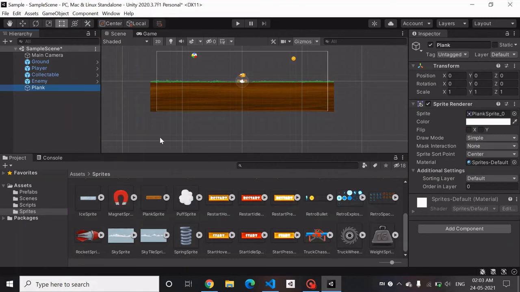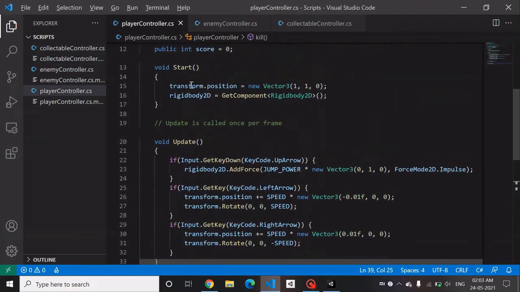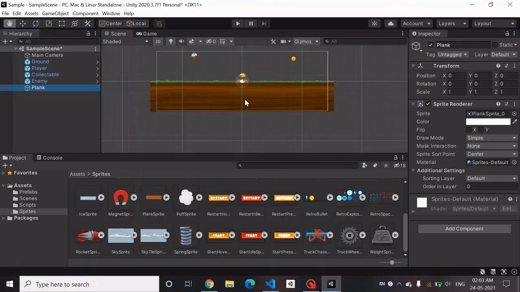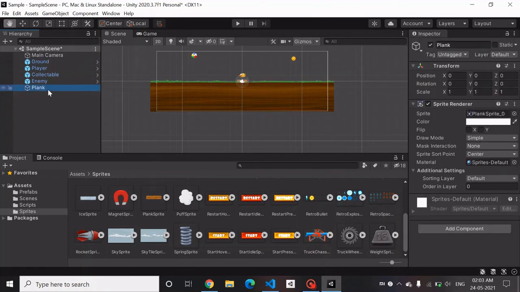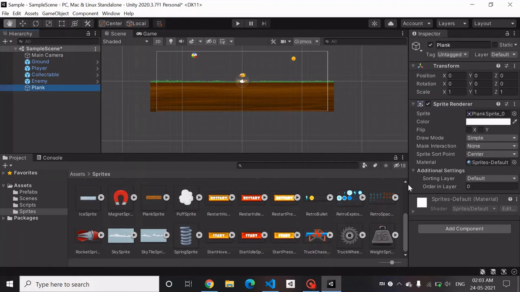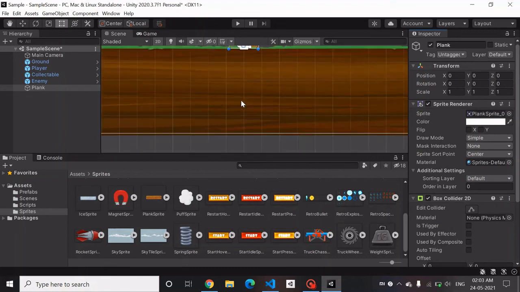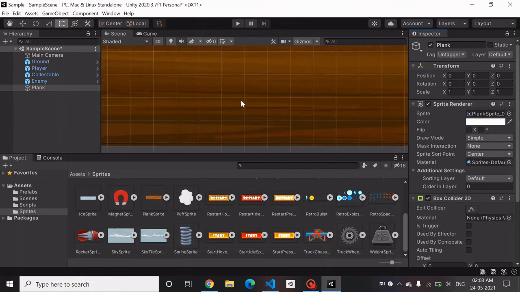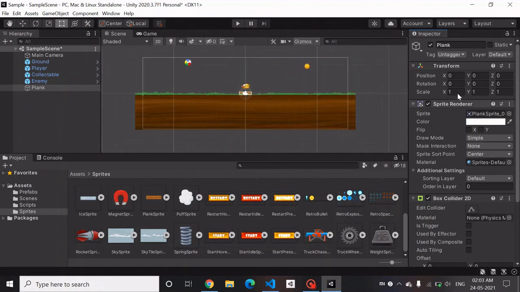Again, in the player we were checking the collision with the ground by adding this box collider to the ground. So to the player also we'll add another box collider. So to the plank we'll add a box collider which fits perfectly to the box automatically here. Okay, so we'll position this plank at a, say,